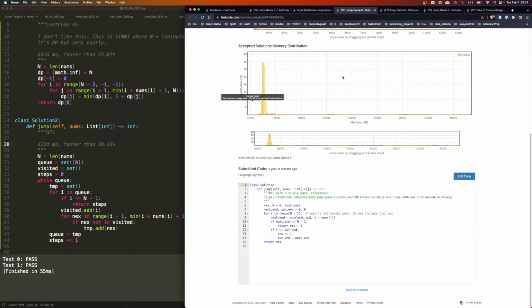If I is larger than current end, next end. I is larger or equal to the current end, so we move the current end to this, which means one step, the furthest we can go is here. So the next one coming up is from this one. What's the furthest it can go? Right? And then there's the next one. If it's larger than this, but if it's not, then